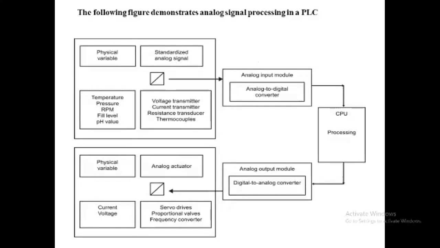These are some figures that basically demonstrate analog signal processing in a PLC. Physical variables are generally used here, and the diagram is completely based on the signal systems of the PLC conversion system. Basically, A to D or D to A conversion can be accomplished with the CPU system, and hence